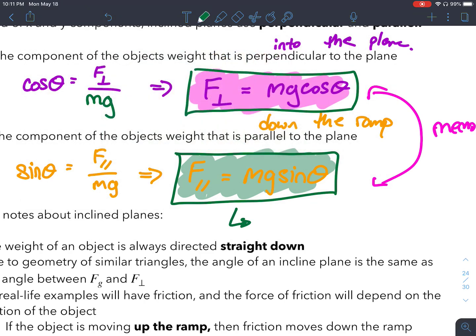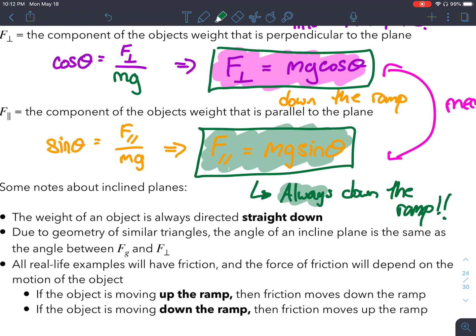Which I'm going to reiterate many times. F parallel is always down the ramp. Always. Gravity is never going to push an object up the ramp. If you just put something on a ramp or a hill, that object will never, ever go up the ramp unless you apply a force to it. F parallel always exists. It's like the force of gravity,